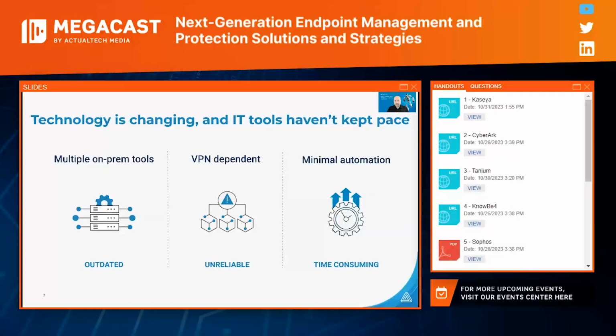They're unreliable when you have automated processes that you need to run, especially outside of core user hours, right? If those users are off of their systems, those VPNs don't always stay up. And so it can interfere with any of your updates or configuration tasks that you have scheduled to run during that downtime. And then there's a lot of minimal automation, and it can get very time consuming, and that ends up costing you a lot of touch labor.